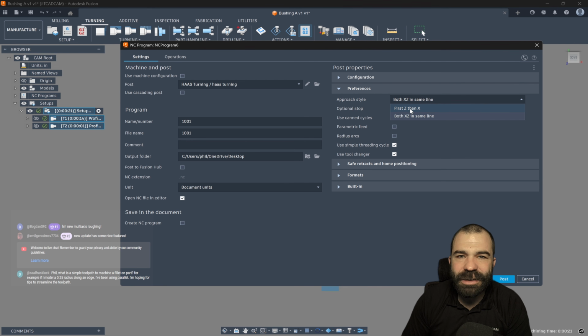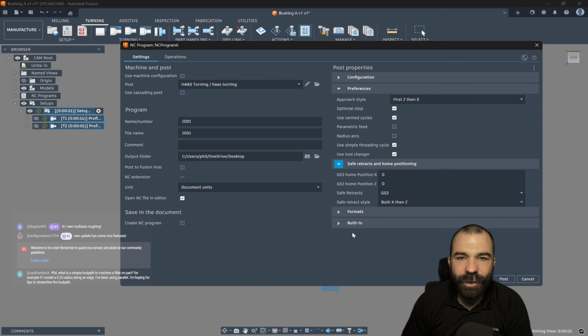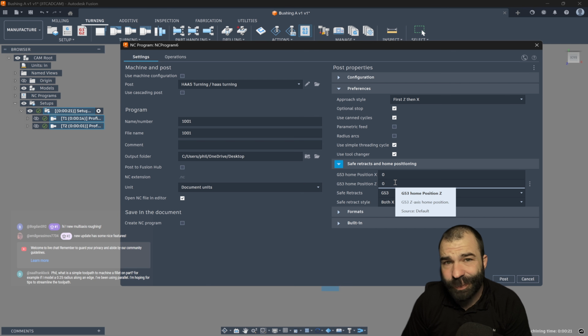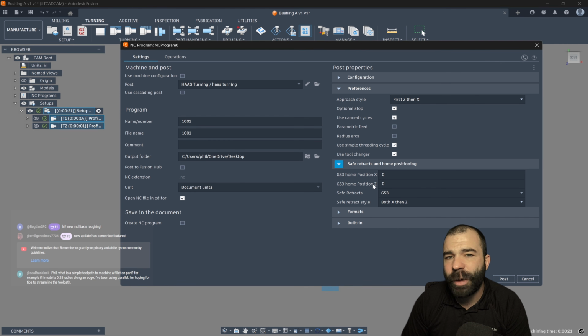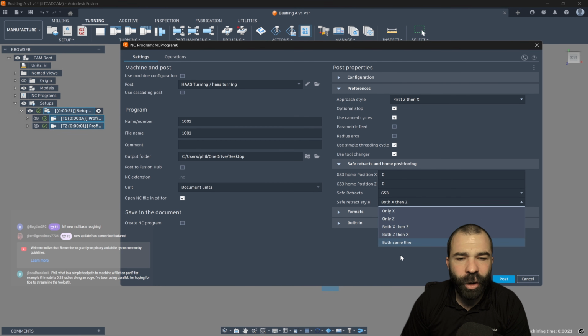But the idea is you can now control and split up that G53 line from being two separate lines to one individual line, things of that nature. So last thing we're going to do is we're going to go to our face retracts. This is the biggest problem I see, is we no longer want to go all the way to Z home, right? So again, we could set either one, both, or all the same, but what I'm really looking for is